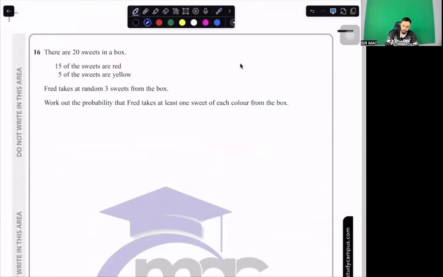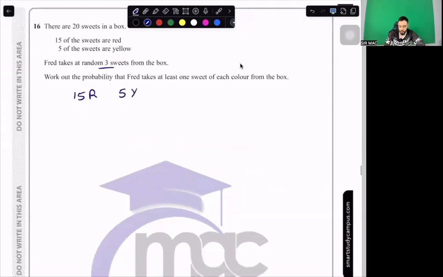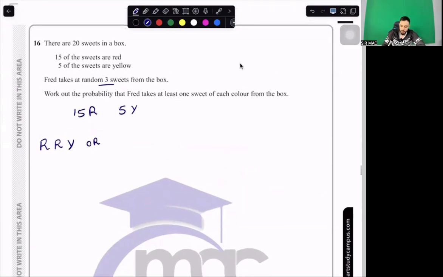Very basic. So there are 20 sweets in the box. That's a good question. So this one again is very big. Let's solve it one by one. Okay. So there are 15 red and 5 yellow. Work out the probability that at least 1 of each color is taken. He has to take 3 sweets. So it can be red, red, yellow, or it can be red, yellow, yellow,